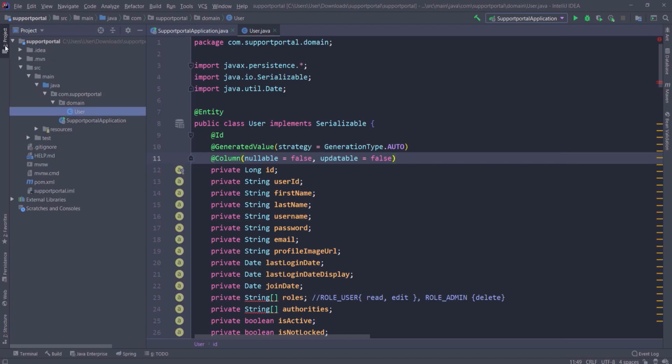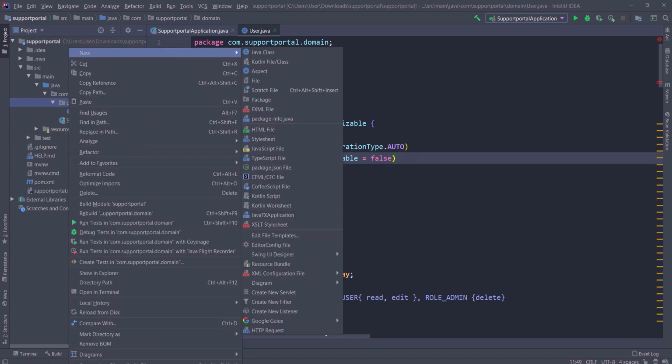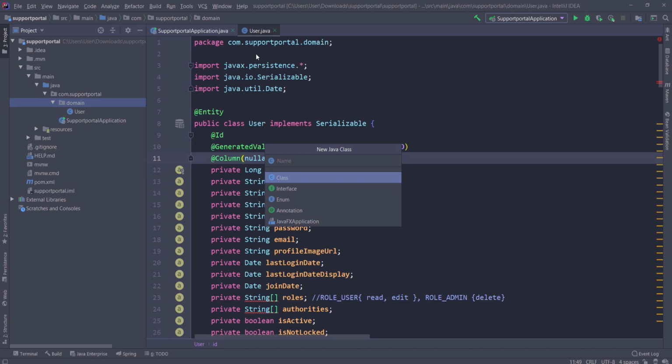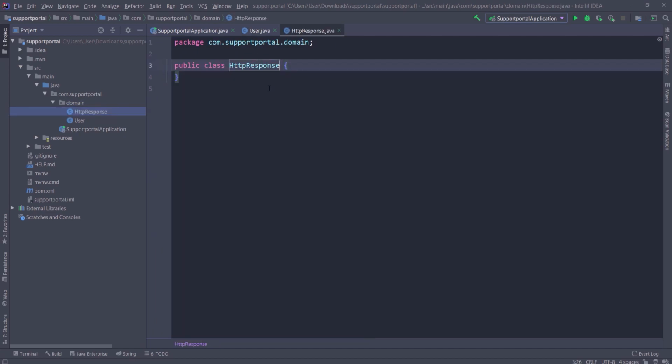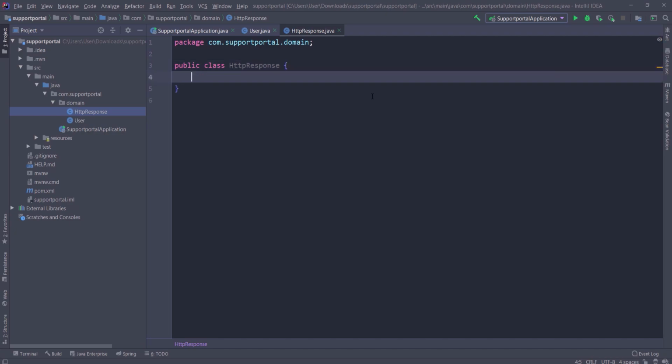So let's go back to the same domain package. We're going to go ahead and right click, go to new, and create another class. And this class is going to be called HTTP response, right? So it's going to be the response that we send to the user every time. Now we don't need to serialize this, but let's give it a private int